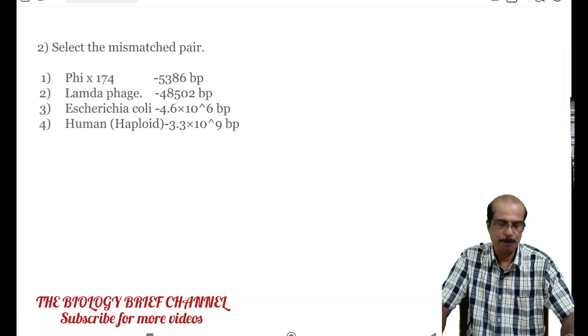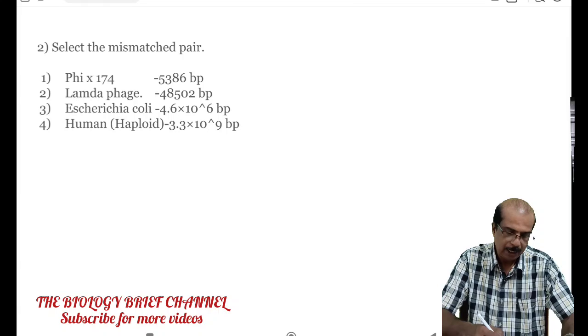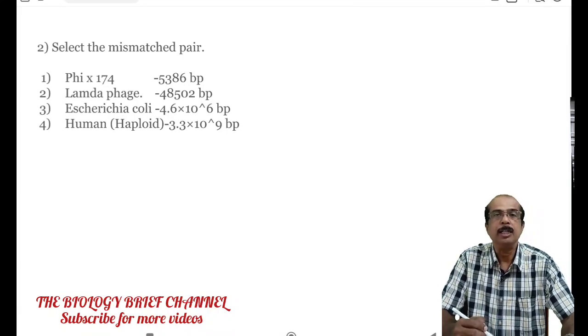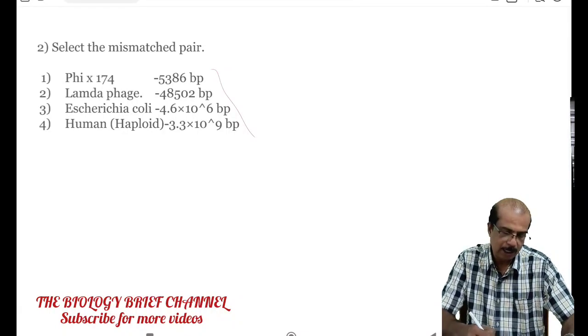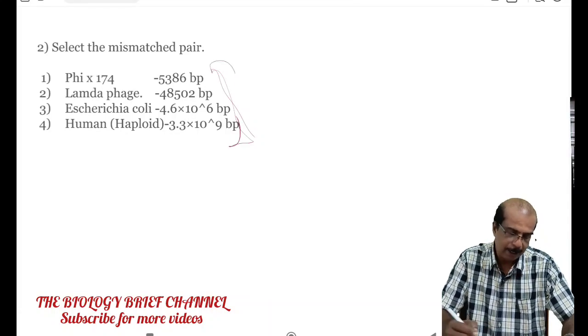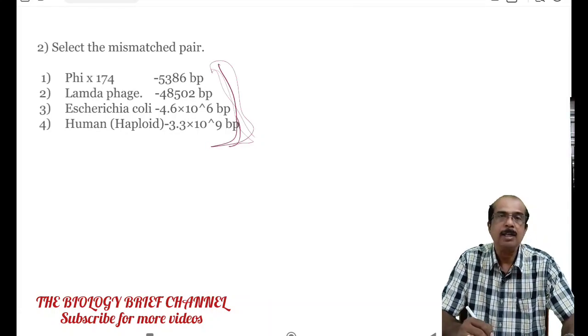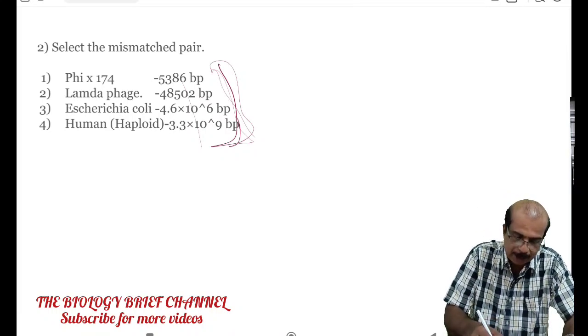Select the mismatched pair from the options. There are 4 options given. If you see the data, these are the number of nitrogen bases in 4 organisms. You may see that the figures are just like as given in the textbook. But if you carefully examine the options, first one